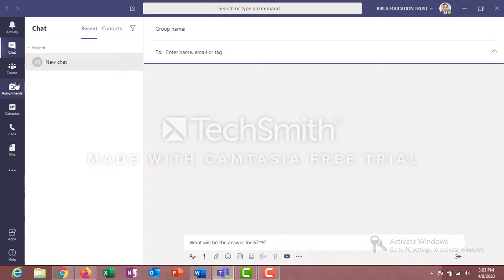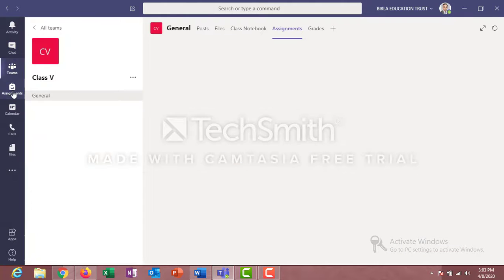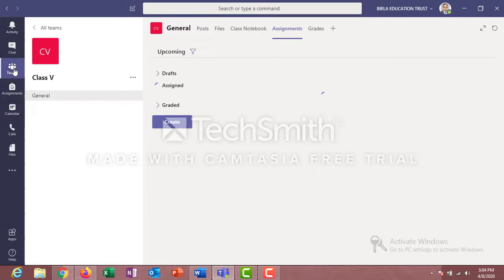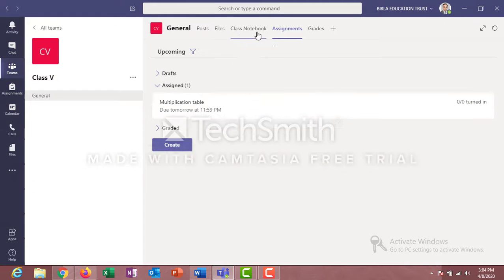So this is how we can connect online with the students, create an online session with the students, and give them assignments. And once we come into the practice of giving online training, you will come to know that there are some more great features in Teams which I'll be discussing with you, like class notebook and how you can do collaborative learning with the students. So these we'll be learning in the next lesson.